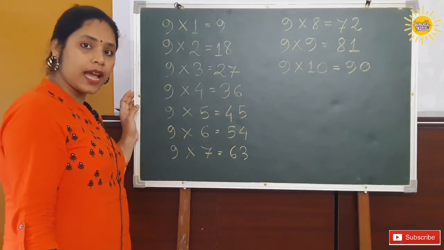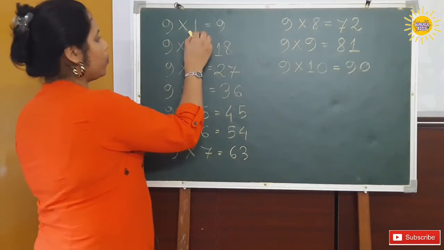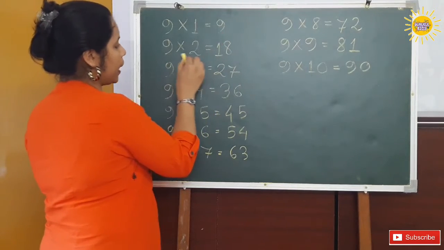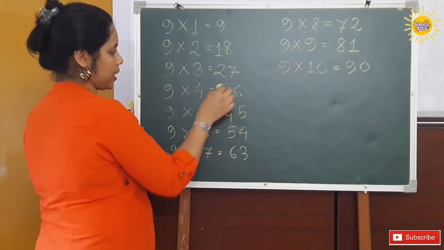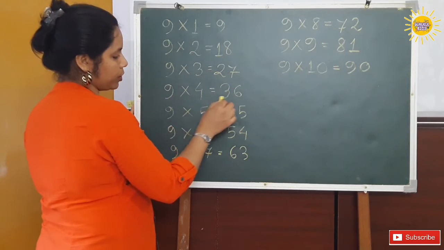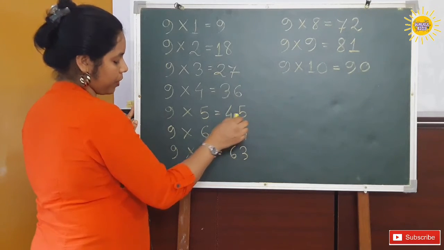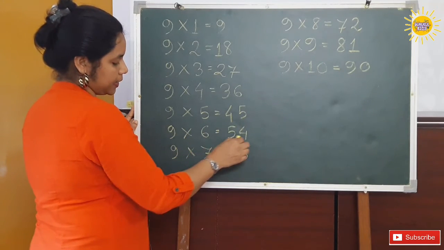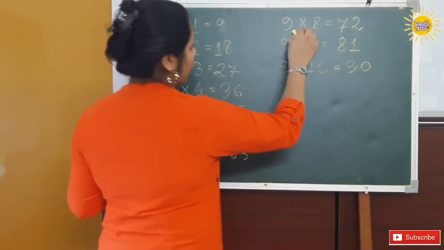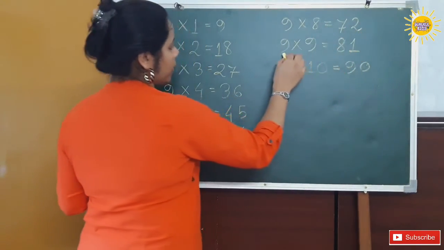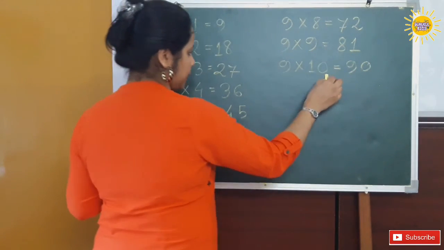So let's start. How to learn it? 9 1 ja 9, 9 2 ja 18, 9 3 ja 27, 9 4 ja 36, 9 5 ja 45, 9 6 ja 54, 9 7 ja 63, 9 8 ja 72, 9 9 ja 81 and 9 10 ja